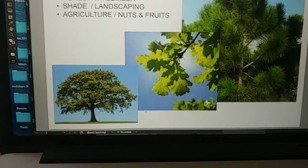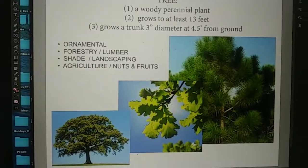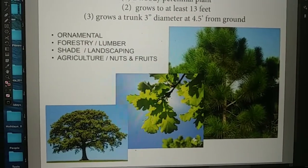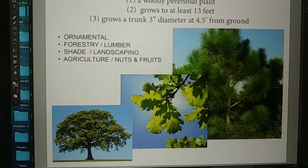So here's an oak tree here for shade. So I want you to just realize that one tree could have more than one use. So that's why it's important for us to be familiar with all trees, not just what we think of as strictly